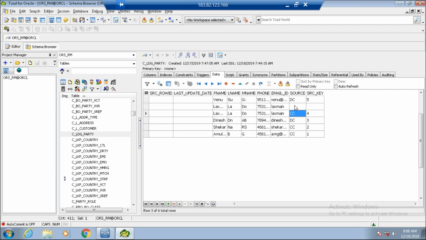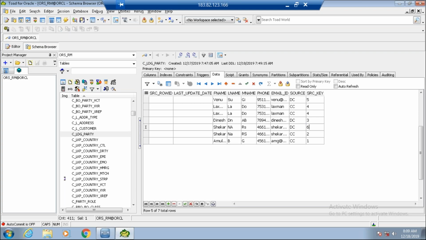What I'm trying to do here is give exactly the same details, but one is from the credit card and another is from the debit card, and the key value in both cases will definitely be different.